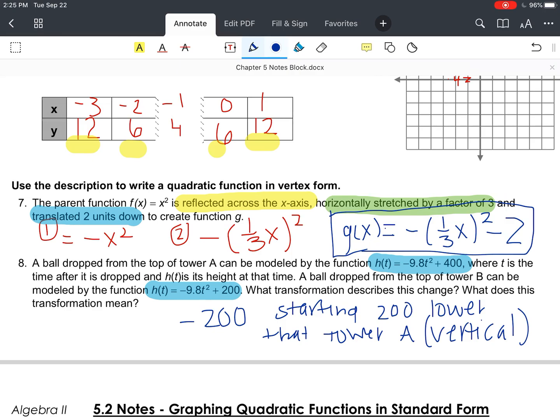That is it for 5.1, translations and transformations of quadratics. We're going to find a new form of quadratics tomorrow in 5.2 that we're also going to be able to use to